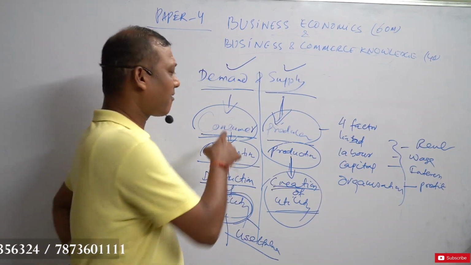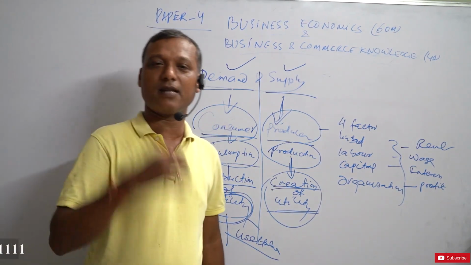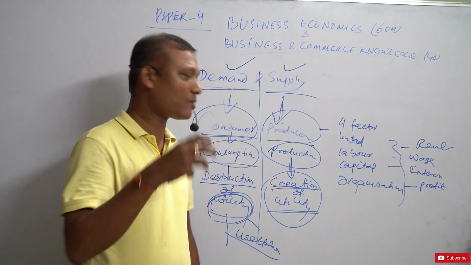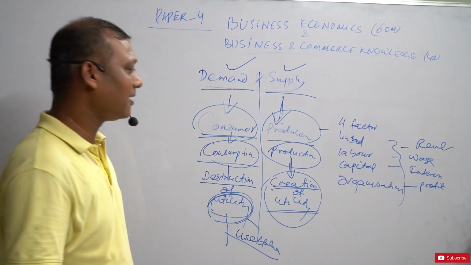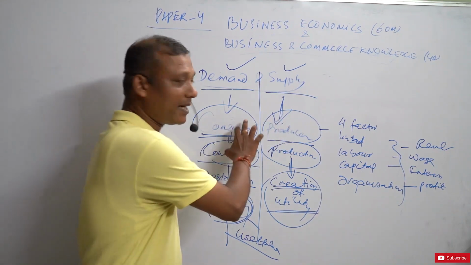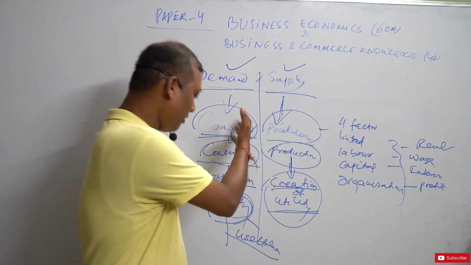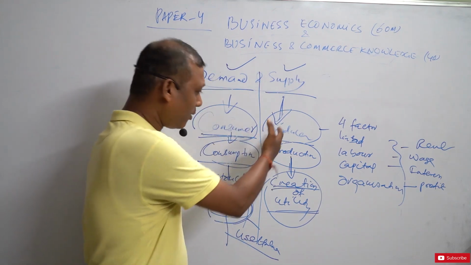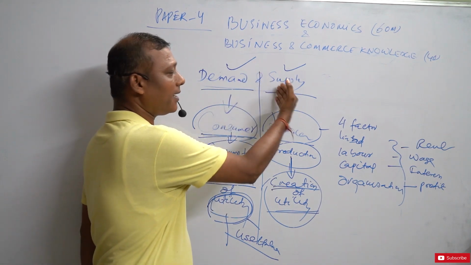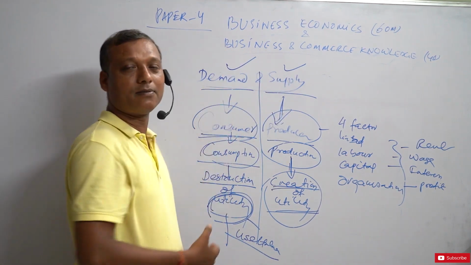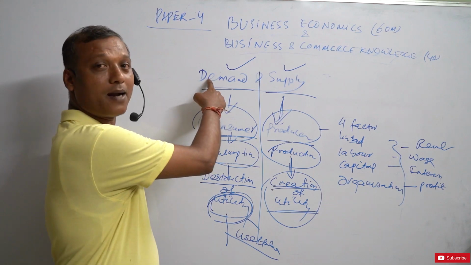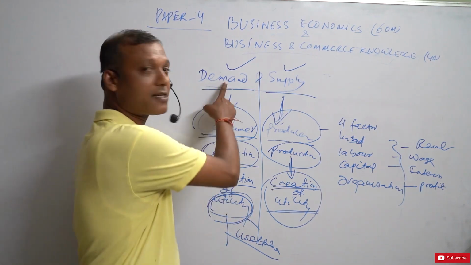At the end of the day, consumers look at how much satisfaction they are getting, and producers are always looking at how much profit they are getting. That's why I told you the objective goes different. As the objective goes different, the activity also goes different. I told you about the entire activity of the consumer and of the producer. Now, back to our discussion about demand and supply. Demand is a concept. Consumers, through consumption, will demand. When you consume something, definitely you demand something.